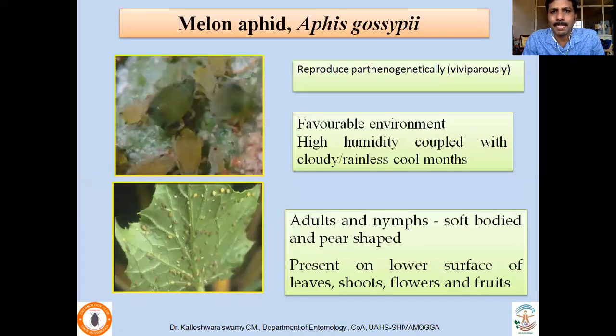So melanaphid, they actually reproduce parthenogenetically. Viviparously, the young ones are laid. So favorable environment includes high humidity coupled with cloudy, rainless, cool months. Both nymphs and adults are soft-bodied, pear-shaped, and continuously suck the sap from the leaves, shoots, flowers, as well